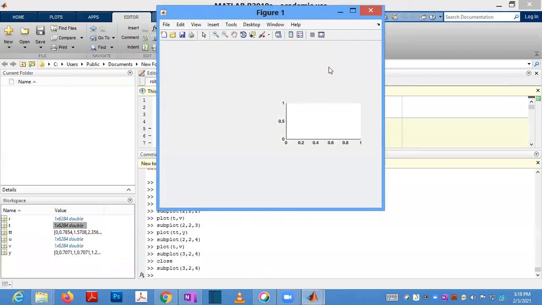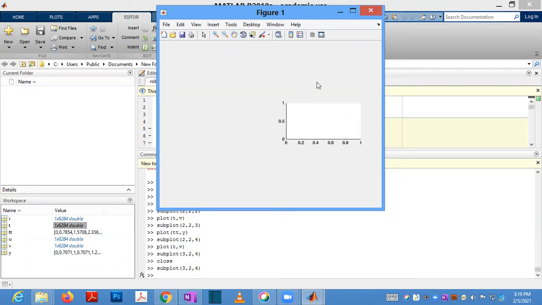So 1, 2, 3, 4, 5, 6. First I am choosing this one only, 3, 2, 1. So total 6 will be there, and 1, 2, 3, 4.